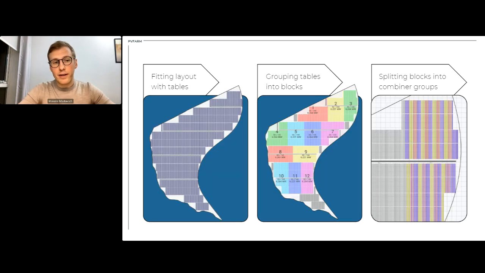So then another strategy is about when we start fitting with tables, and then we group tables into blocks. When we're doing this exercise, we might start losing tables here, and then here, and then here, especially if our ILR is a hard constraint. And then we split blocks into combiner groups. So in this particular case, we actually,